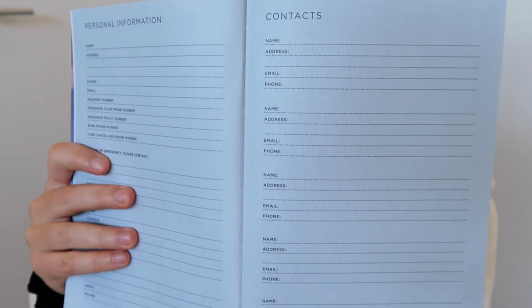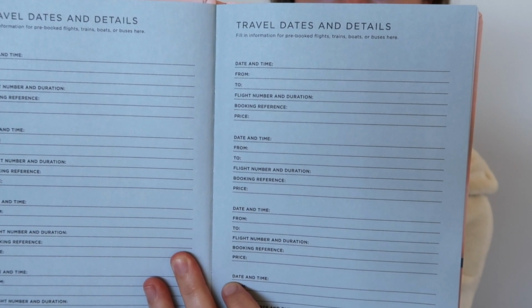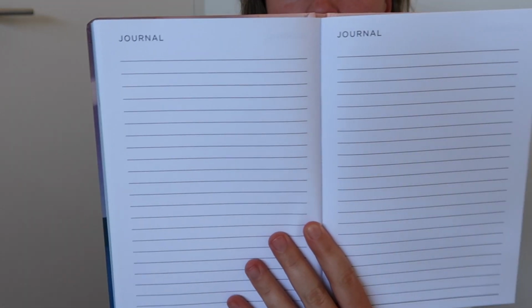But no, this little book's really cute. It's got loads of different sections, so it's got different ones, like ones for contacts, personal details. It's also got ones for like travel details, so all the different places we stayed, all the details, and then it's also got a section that's like journals as well. So I've also been trying to write down all the little places that we've been to and what we've done in each place as well,